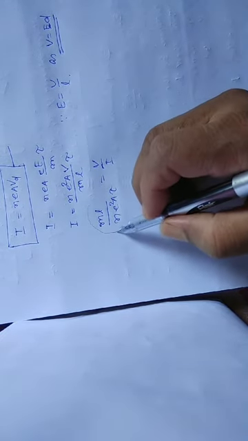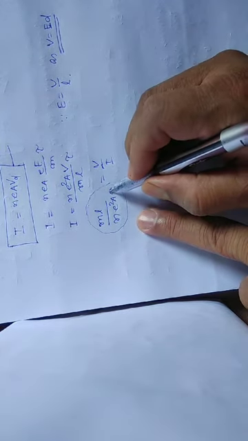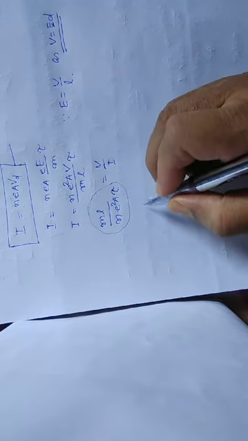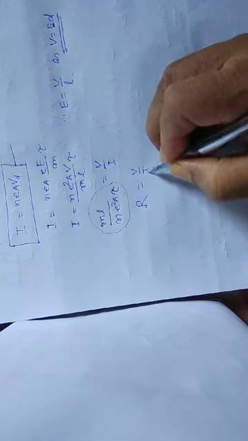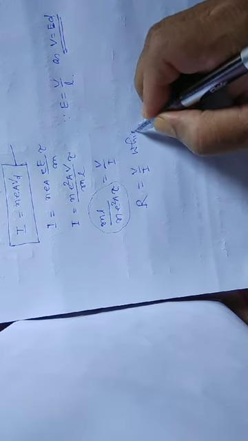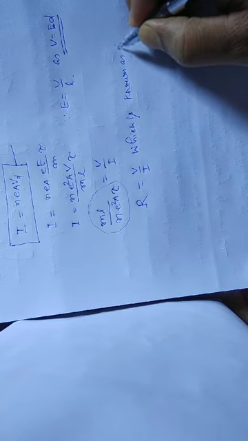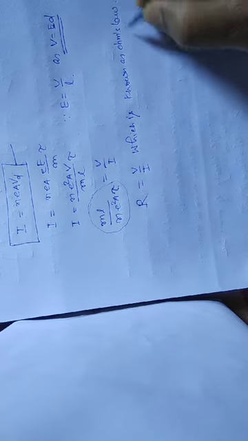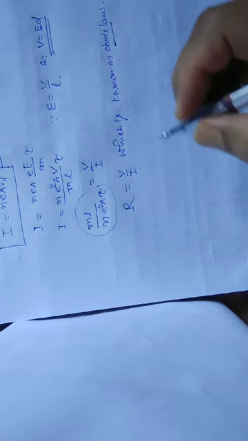All the quantities here have constant value at constant temperature. So this we are giving a symbol R equal to V by I, which is known as Ohm's law, which you have studied in class 10, that current flowing through a conductor is directly proportional to potential difference across the ends of the conductor, as long as the physical conditions of the wire remain the same.